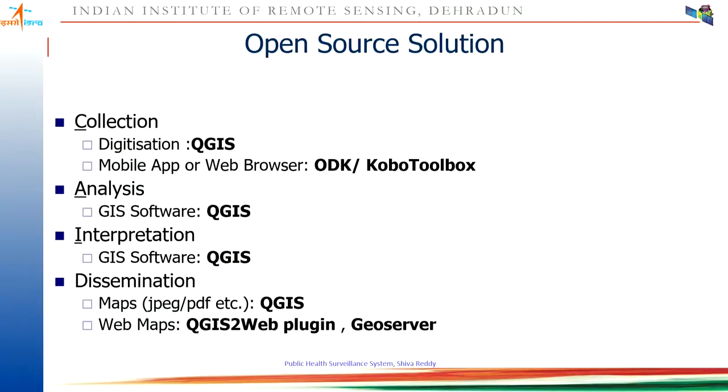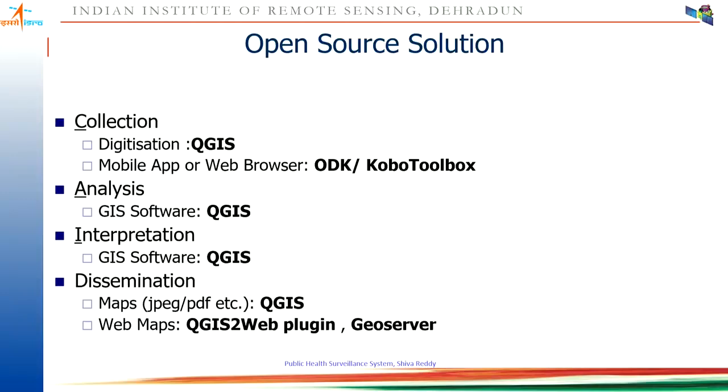So once you collect data, now you need to export and import into GIS software. From that server, it comes to GIS software where you can analyze it. And of course, GIS software provides a lot of tools for interpretation. You can overlay with different sources of data. You can query data. You can identify particular interesting features based on some conditions. And then finally, you can create maps, and that map can be shared as a JPG or PDF file to anybody you want.